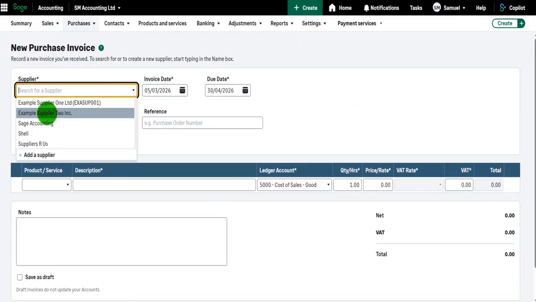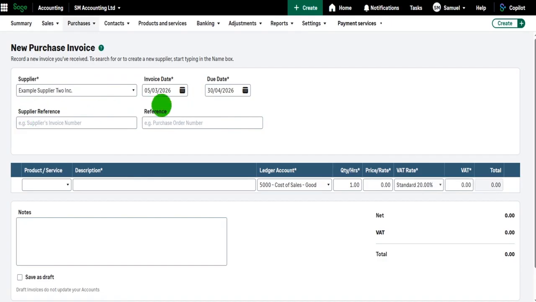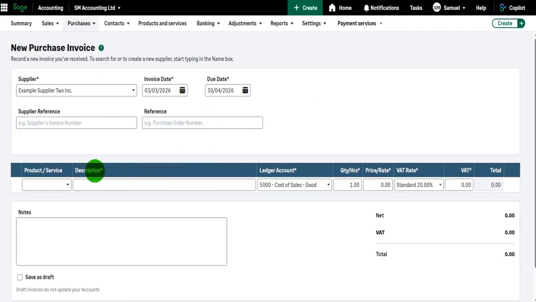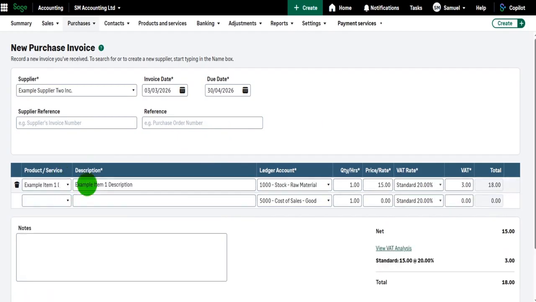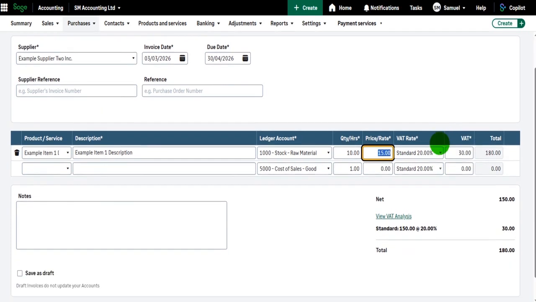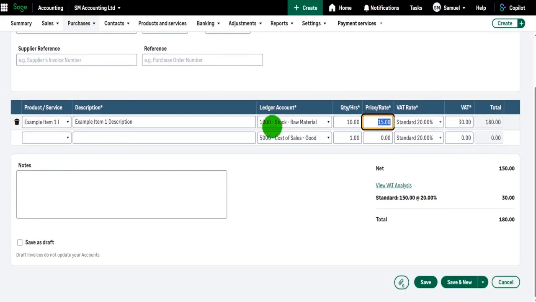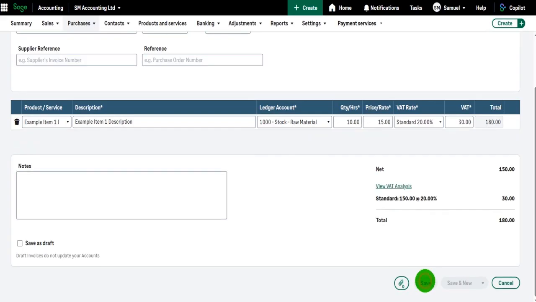So if we bring up our example supplier 2, let's say this invoice was a couple of days ago, we click on our product and service, example item 1, 1000. Let's say we order 10 of these at 15 each. The VAT is calculated automatically. This is the invoice. If you need help raising an invoice, recording an invoice, I have other videos on that. If I now save this